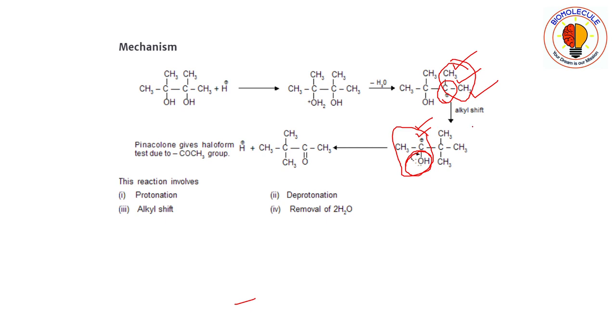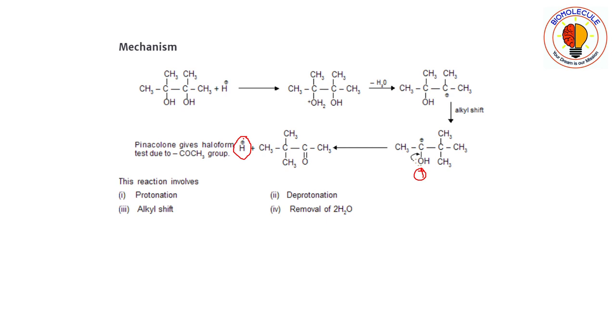So this rearrangement is taking place to give us a more stable carbocation, okay. Further, if this oxygen atom stabilizes this carbocation through its lone pair of electrons, then this oxygen atom will bear a positive charge, and to neutralize this positive charge it will